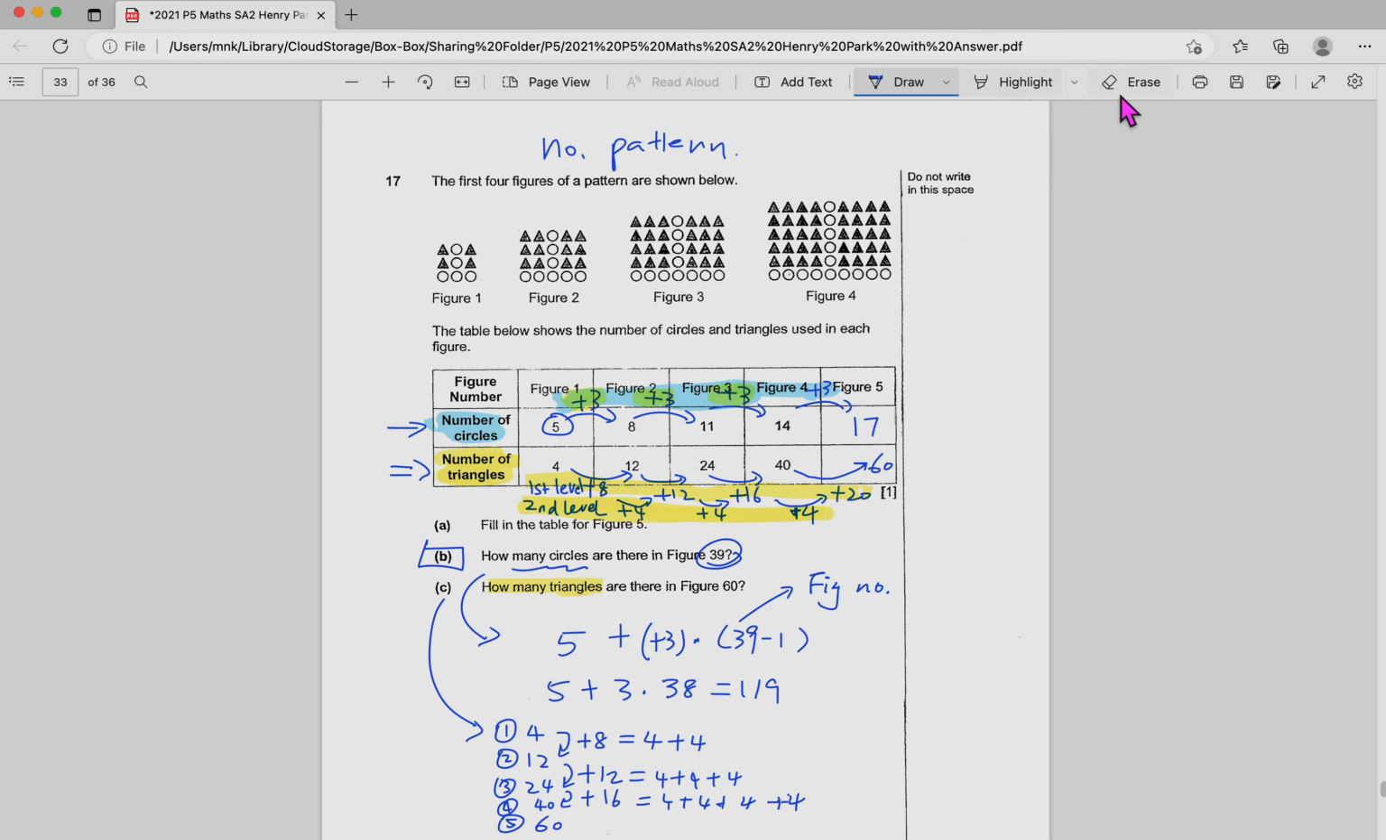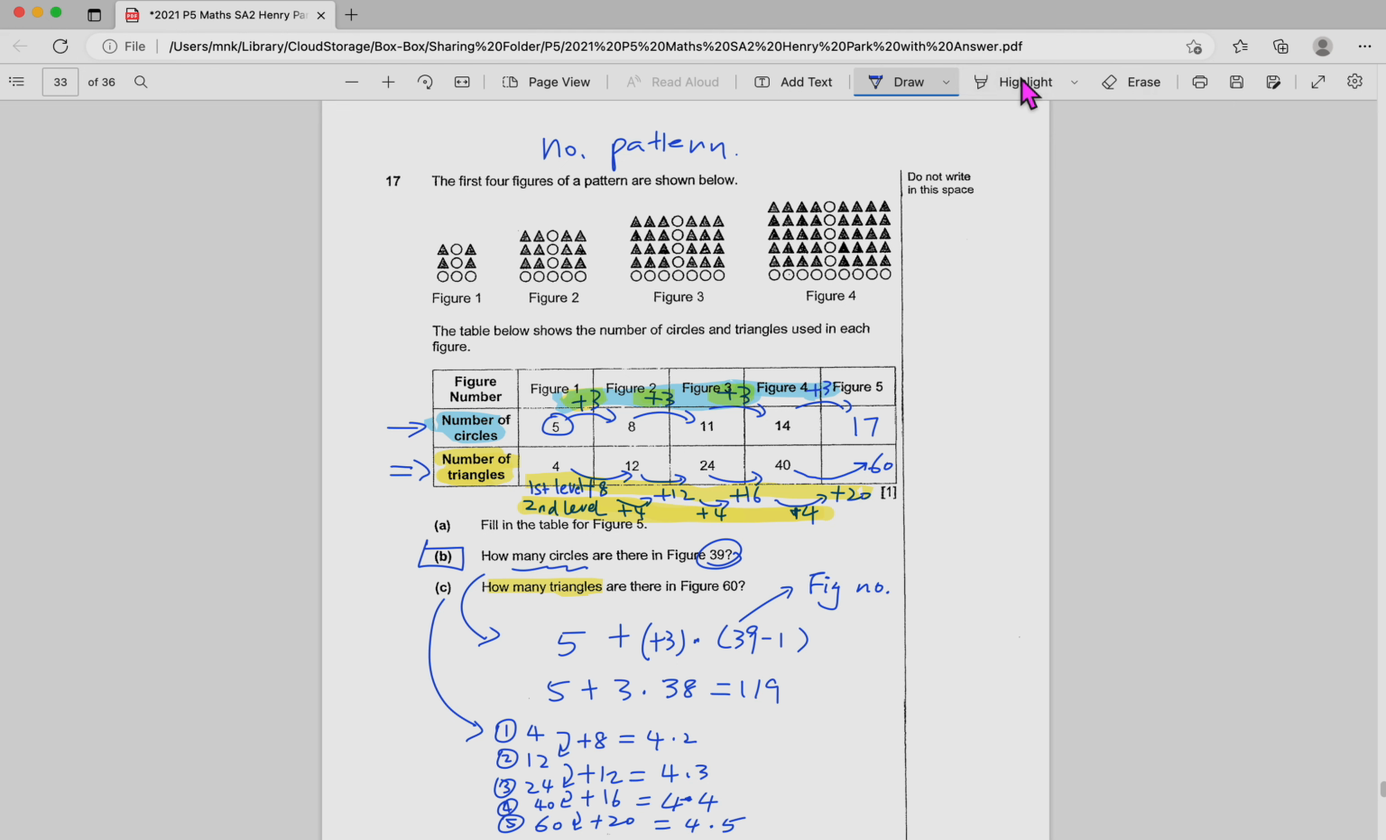So what's the pattern? The first number plus 4 times 2, because 4 plus 4 is 4 times 2. Then if you want to get to this, 4 times 3. Then below is 4 times 4. Then from here to here is plus 20, so it's 4 times 5. So what you observe is,